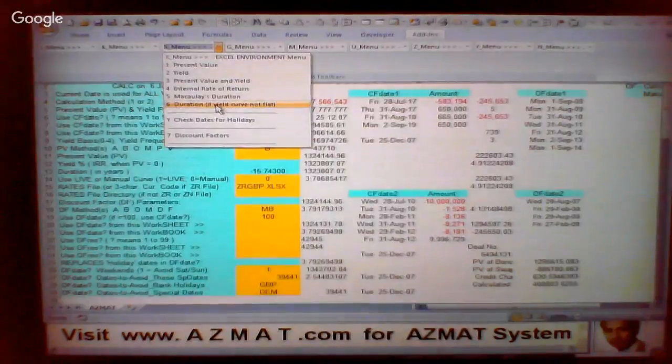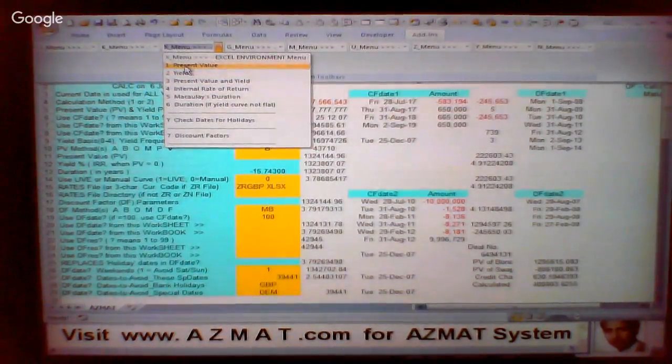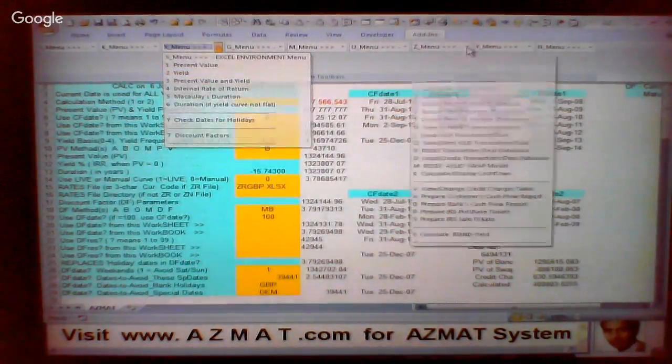Note, just to confuse you, you may find it confusing, I'm afraid, but the present value calculations don't just mean present value. It means calculate the present value, calculate the yield, and calculate present value and yield. These are also available under the Z menu,